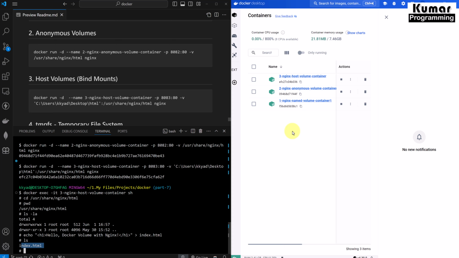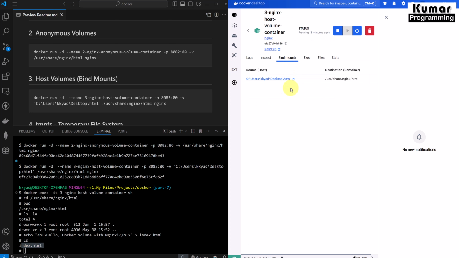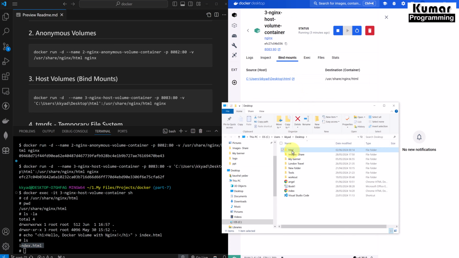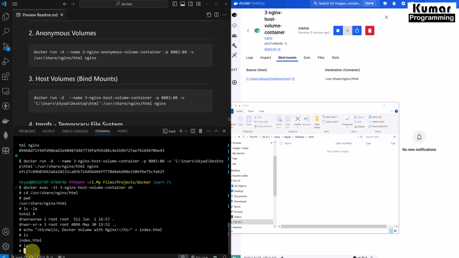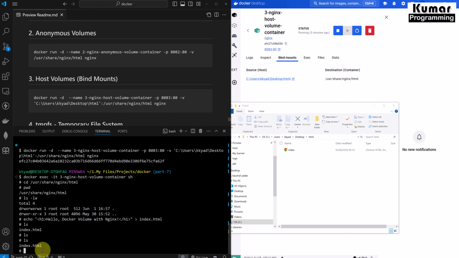Now I can show you inside this bind mount. Let's open html, and now you can see we have our index file. Now let me quickly delete this, and if you check ls, there is no file. Now let me quickly undo, and check ls again. So we are checking from inside the container, and the container data is associated with my host file. Whatever changes I make on my host get reflected inside the container, because this container is associated with the host volume. Getting my point?